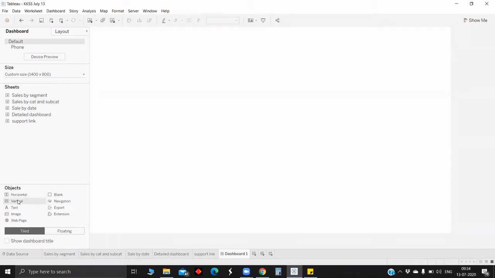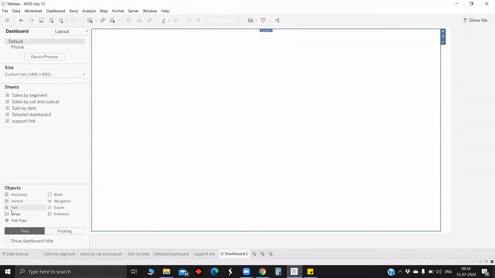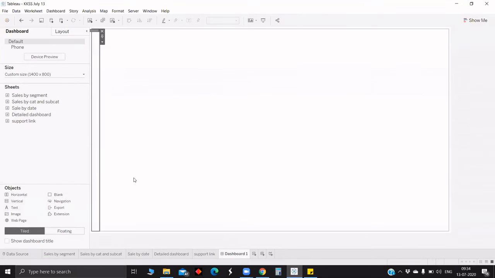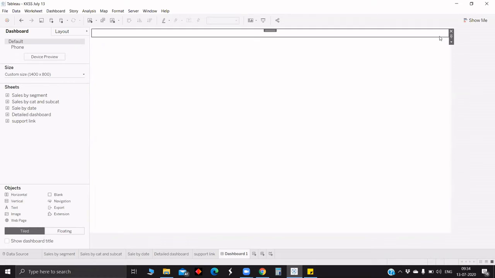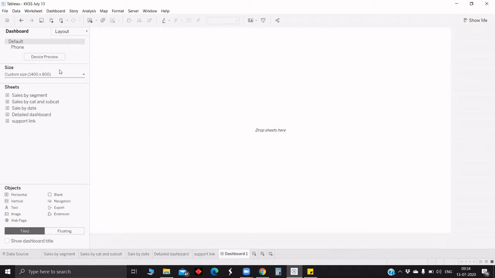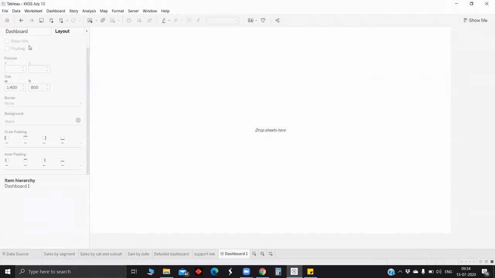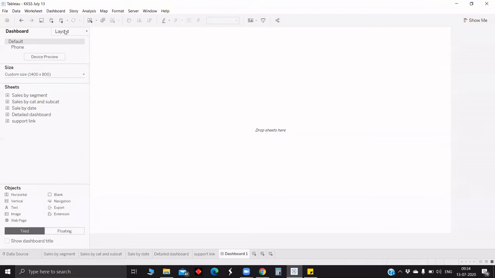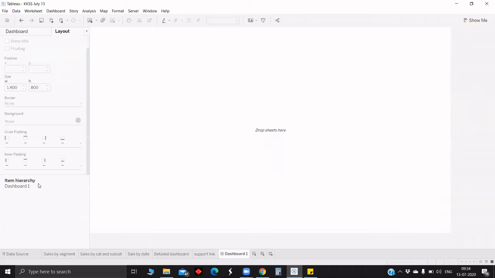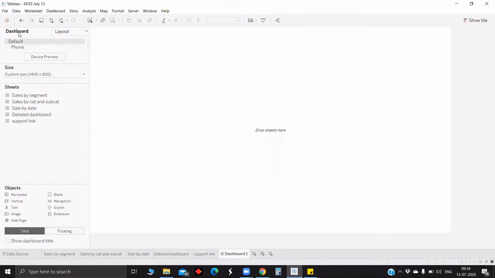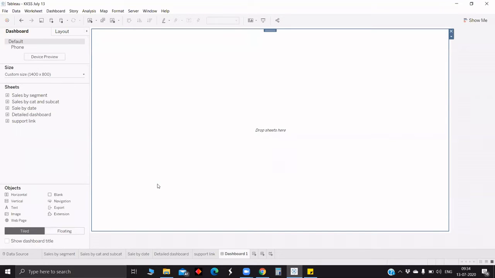For example, now I have currently pulled the vertical into the sheet, and also I am pulling a blank. I will explain why you have to pull a blank when we make the dashboard with the sheets and views. If you click the layout, there is an option for layout, and you can see nothing is there except the dashboard one. Once you pull the containers, you will be able to see them. Currently I am pulling the vertical inside the container. So whatever you put inside this vertical, we can adjust the height, irrespective of whether it is horizontal or vertical.